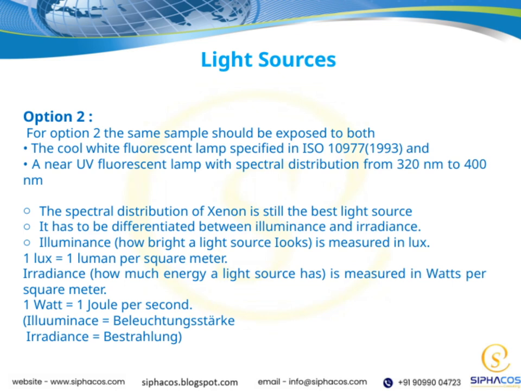On the other hand, irradiance measures how much energy a light source delivers, and it's expressed in watts per square meter. To put it simply, 1 watt equals 1 joule per second. In German, we often refer to illuminance as Beleuchtungstärke and irradiance as Bestrahlung. So, understanding this distinction helps us evaluate light sources more accurately, whether we're interested in their visual brightness or their